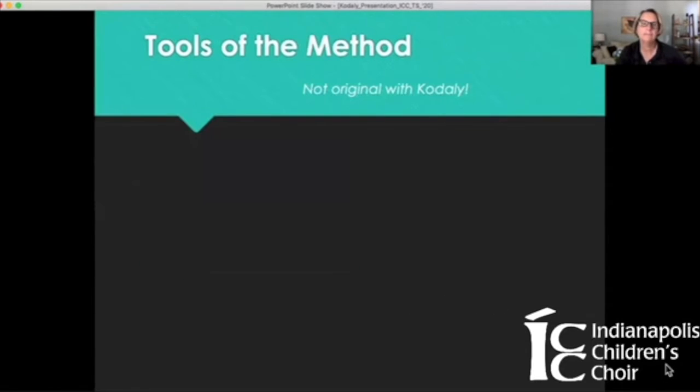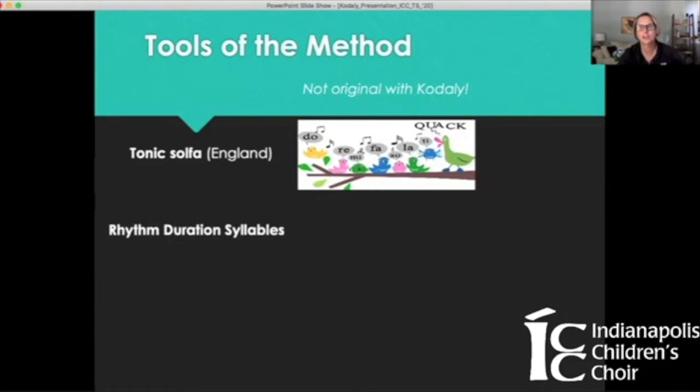Kodály did not invent the tools of the method, rather he borrowed them from others. Tonic solfa, or solfege as we like to call it, came from England. And in Kodály lessons, we use a movable do with la-centered minor. Rhythm duration syllables from Jacques Chevé. The syllable reflects the duration of the note,